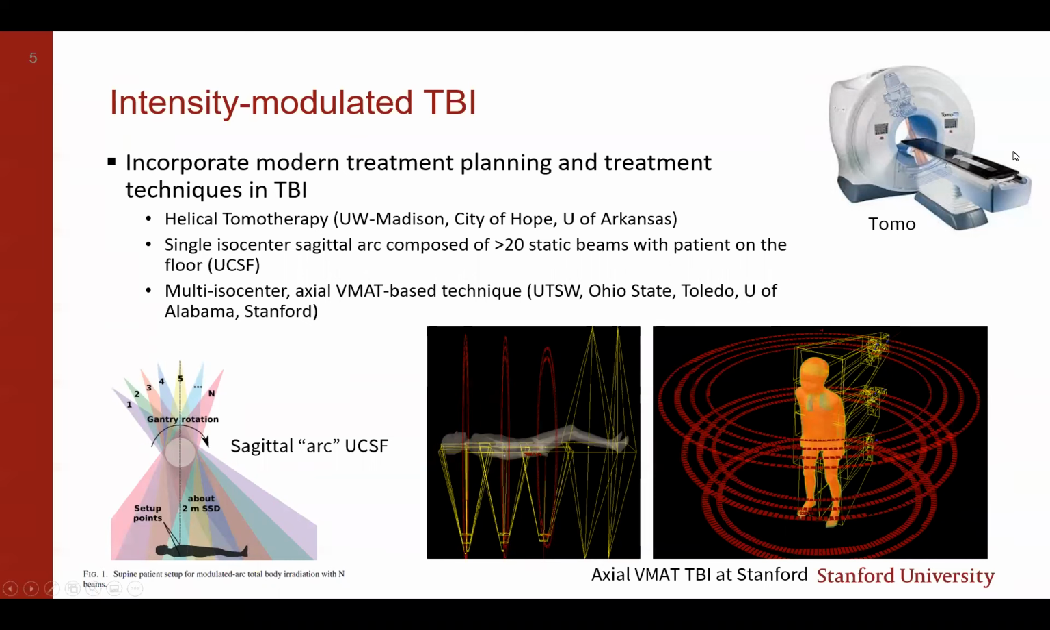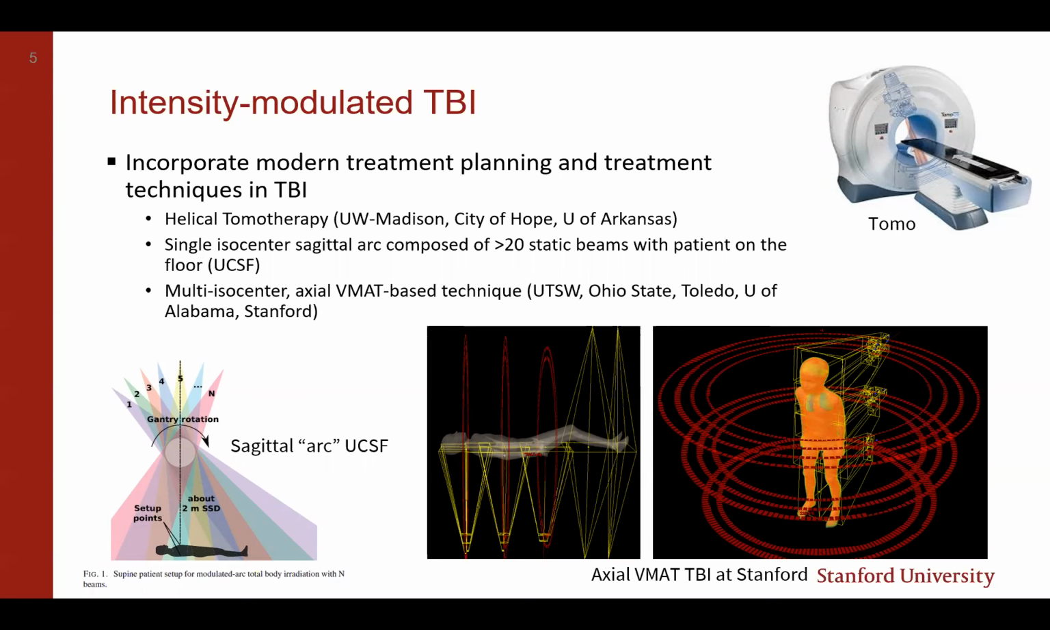And if you're at a clinic that has all Linacs that work fine, it's probably not an option to replace one of them with a tomotherapy machine. So the other option for clinics that have C-arm Linacs is a technique UCSF proposed, where the patient would lie on the floor about 2 meters from the source and they would do a single sagittal arc composed of many static beams,